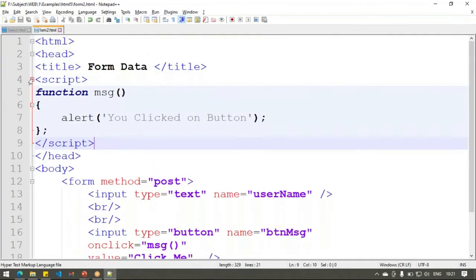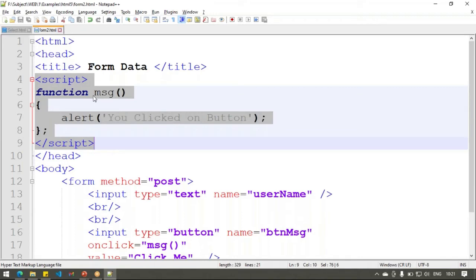Okay, so this is the simplest JavaScript that we have learned right now. In your subject we have a whole unit to learn JavaScript from scratch, so we are going to learn JavaScript in detail.